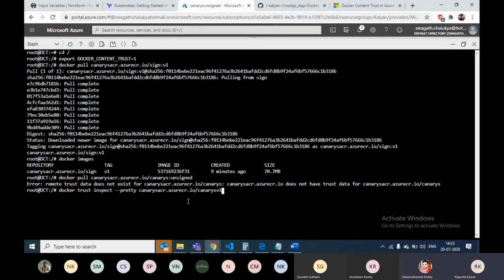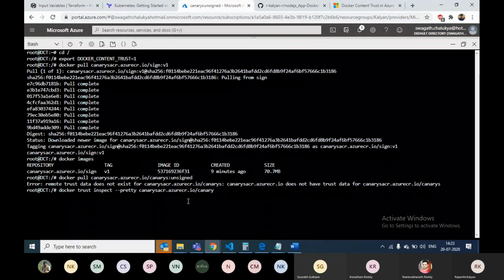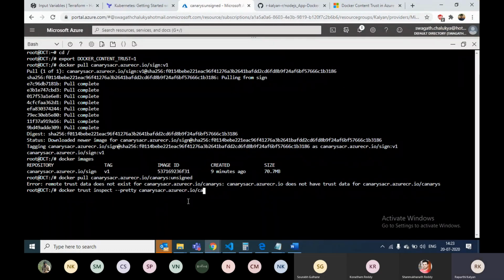I think the tag is unsigned. See, this command will let you know whether the image is signed or not.